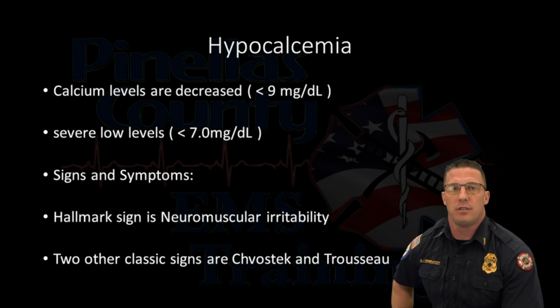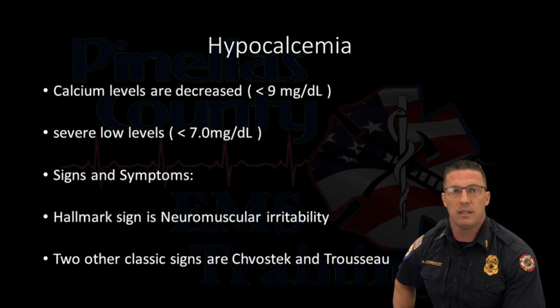Hypocalcemia's clinical definition is a serum calcium level below 9 milligrams per deciliter, and severely low is considered anything below 7 milligrams per deciliter. The hallmark sign for hypocalcemia is neuromuscular irritability, and there are 2 classic signs to go over. The Chvostek sign is when there is facial muscular twitching after percussion over the facial nerve in the preauricular